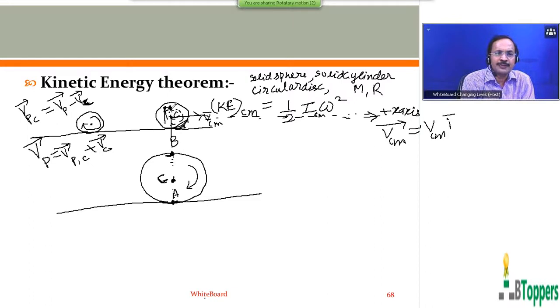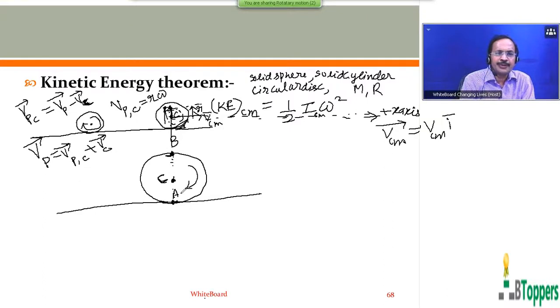So with respect to center of mass, each particle moves in a circular path. So the magnitude of velocity of any point P with respect to the center of mass can be written as small r into omega. Small r is the radial distance of that particular particle, meaning perpendicular distance of that particle from the horizontal axis passing through center of mass, because with respect to center of mass, different particles of the rolling body move in circles with their centers on the axis of rotation.